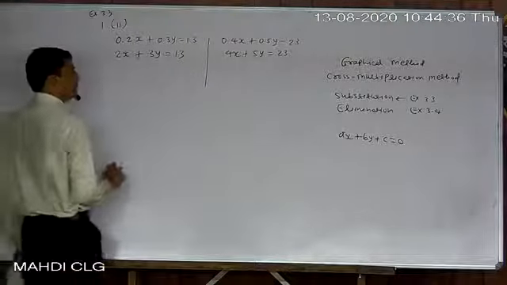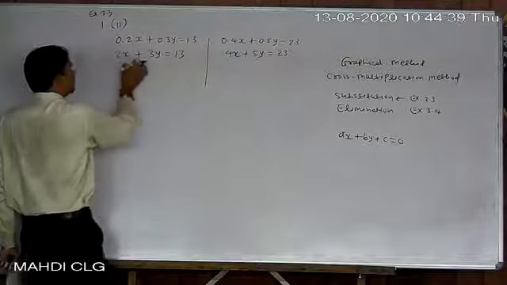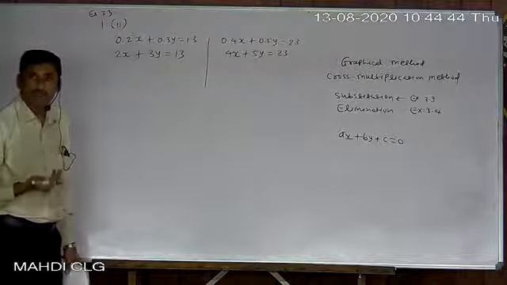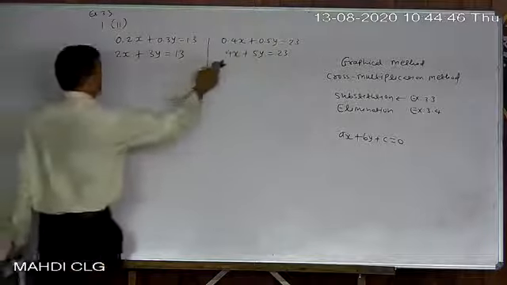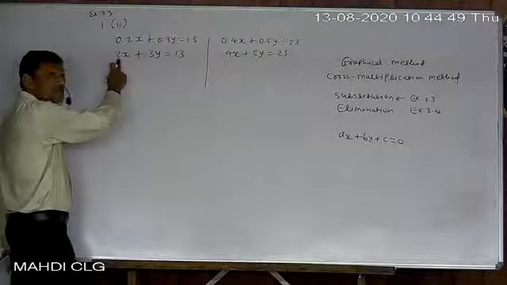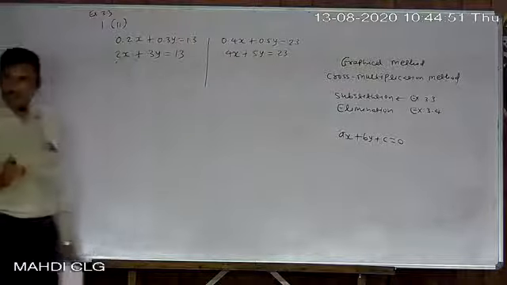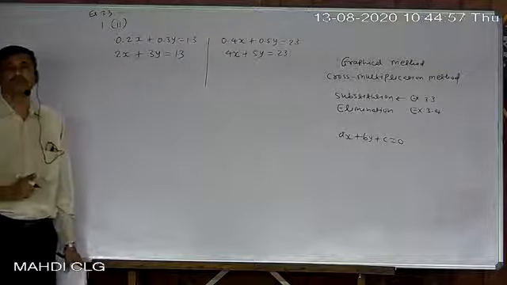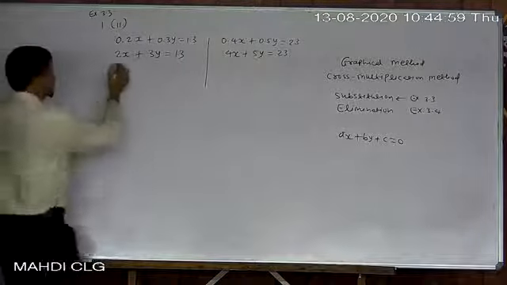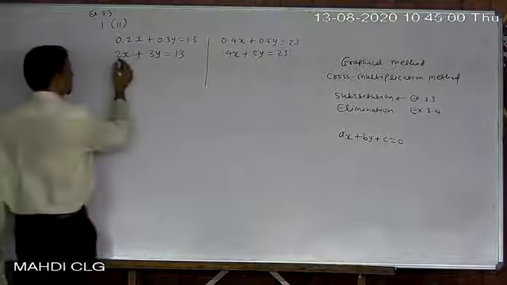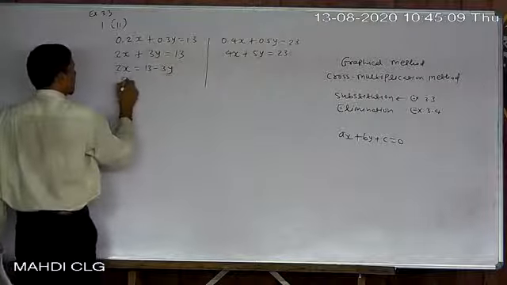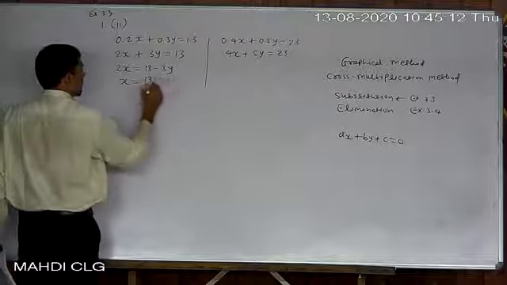Now what problem arises? Which variable's equation has to be found? I just told you we prefer the minimum coefficient. The variable whose coefficient is minimum must be made the subject. So I make x the subject from this. So first of all 2x equal to 13 minus 3y. Okay, first the term is shifted there. Then 2 will be shifted there. x equals 13 minus 3y upon 2.